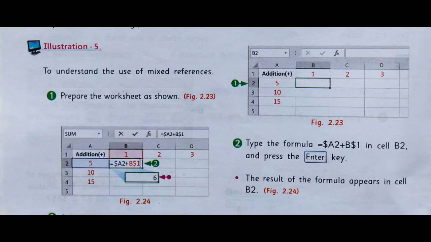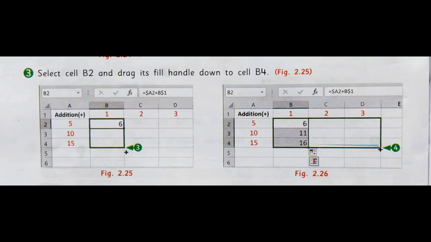Illustration 5. To understand the use of mixed reference, prepare the worksheet as shown in figure 2.23. Then type the formula $A2+B$1 in cell B2 and press the Enter key. The result of the formula appears in cell B2. You can see in figure 2.24 how the result is appearing in the cell. Now in the third part, select cell B2 and drag its fill handle down to cell B4. So you can see, which is 2.25, and then in 2.26